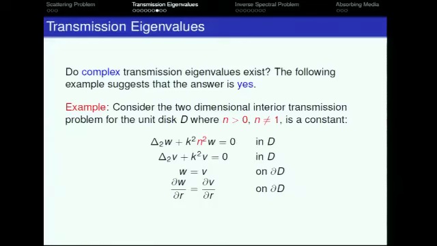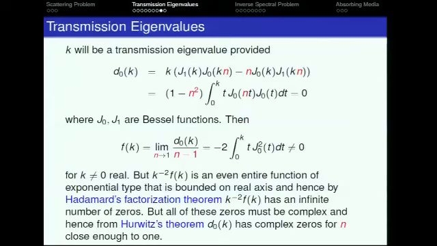So let's look here. Very simple. Let's take a two-dimensional interior transmission problem for the disk. So here's our two-dimensional interior problem, and n in this case is a constant. And I want to show you, first off, for n small enough, there exist complex eigenvalues. Well, k is a real transmission eigenvalue provided this determinant is 0. That's the same determinant we have, only it's the R2 version of the determinant. And if you like special functions, you'll immediately recognize that that's this. You can represent it as that integral. In fact, it just comes from the differential equation, so there's nothing particularly deep, where J0 and J1 are Bessel functions up here.